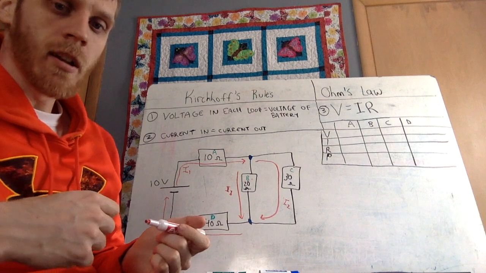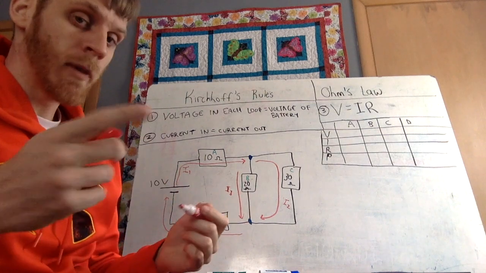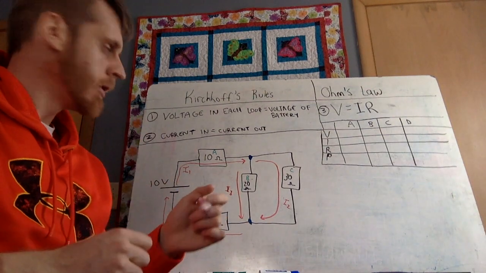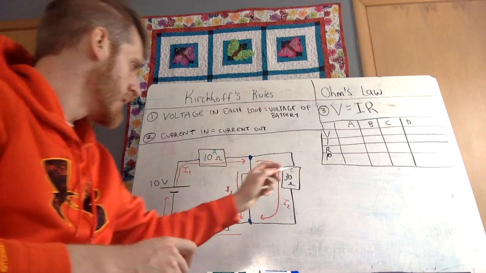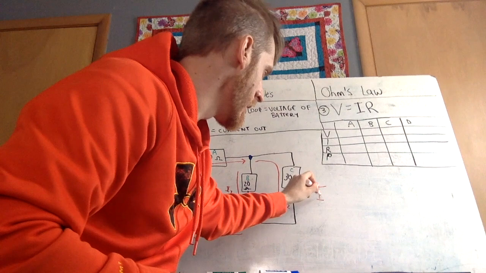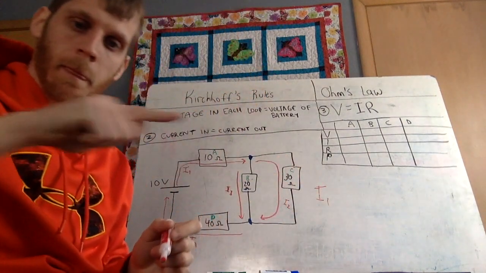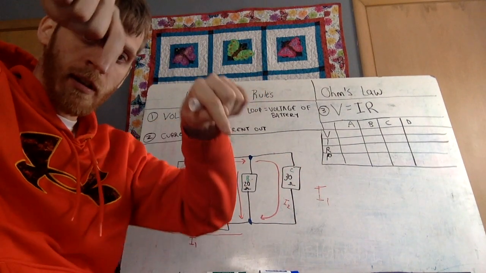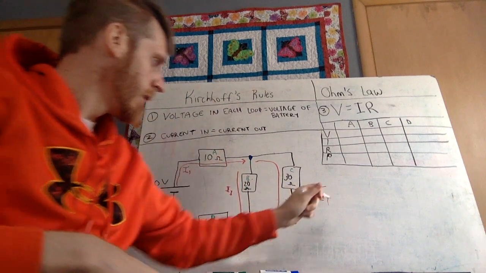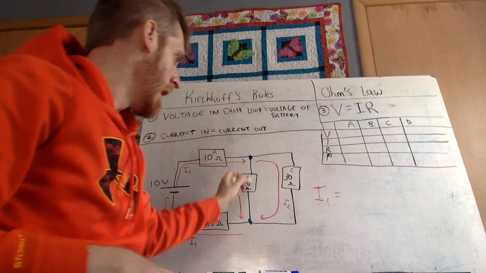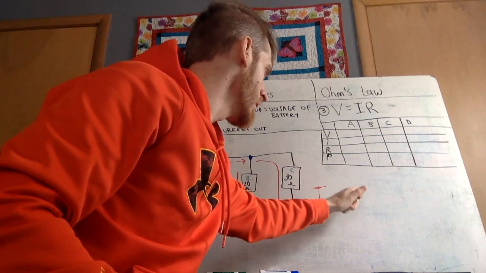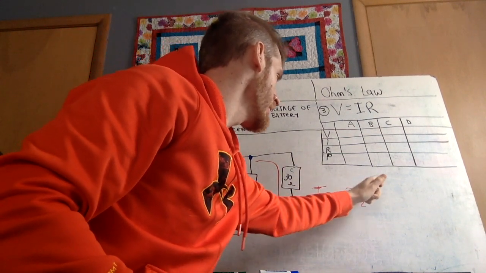So it turns out we can actually write 2 equations for this. Let's write them both out here, just for the current rule. So the current rule says, let's pick that spot right there. It says I1 is the current going in, because it's the arrow pointing into it. And there's 2 arrows pointing away from that, and that's going to be the current going out, which is equal to I2 and I3. So I2 and I3 are both leaving,